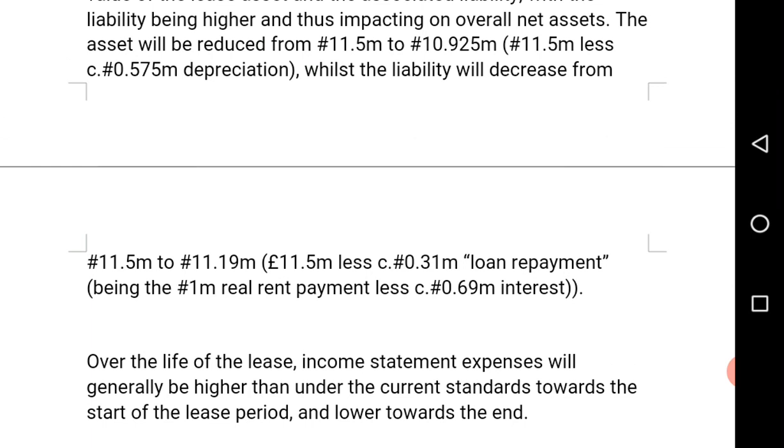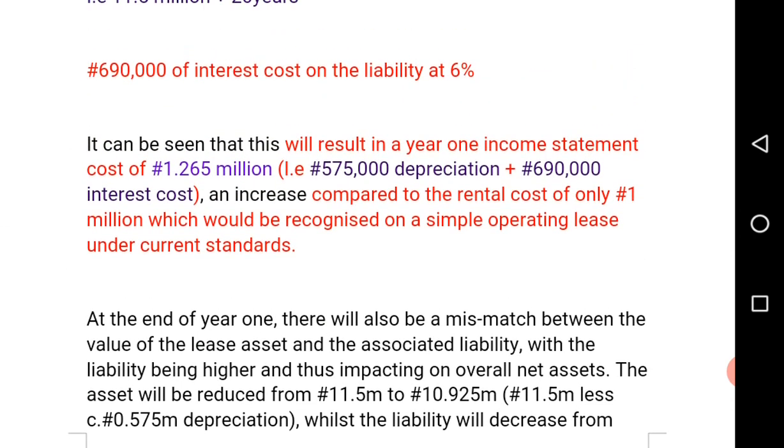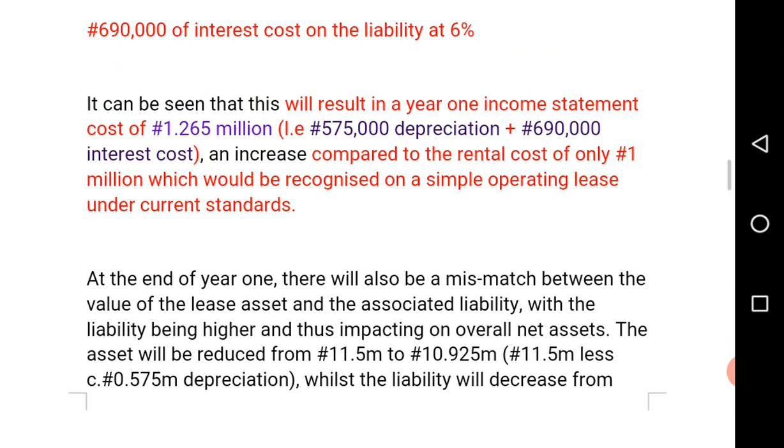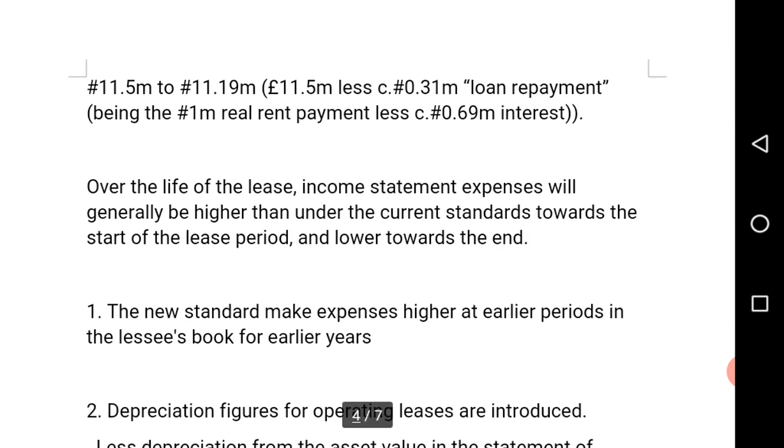Then the interest part, now 0.69 million, is expensed, as we said right here: 575,000 plus the 690,000 as expense. So in total, in this example, we have 575,000 naira as depreciation, 690,000 as interest cost, then 310,000 as the actual payment for the assets for year one that would be posted in our year one's financial